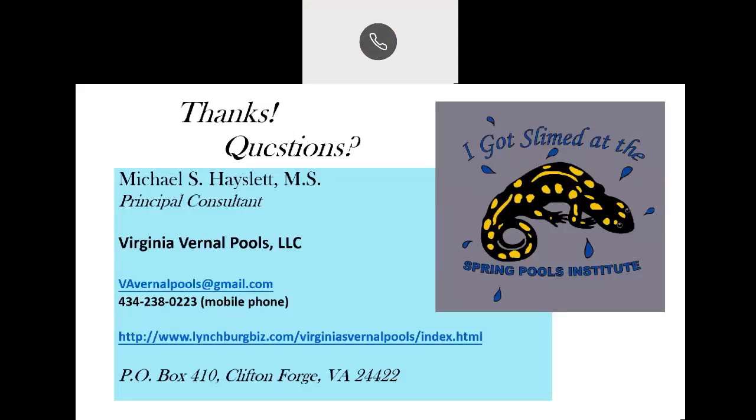In Virginia, we are behind the curve of places like New England and California that have specific state or even local level legislative protection for vernal pools specifically. We do not have specific vernal pool protection laws or laws specifically to protect isolated wetlands. There's been one attempt, but it didn't make it in Virginia.